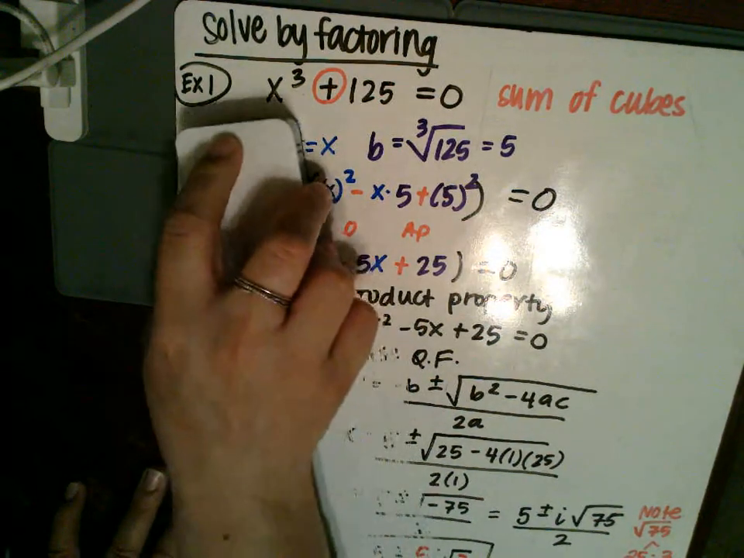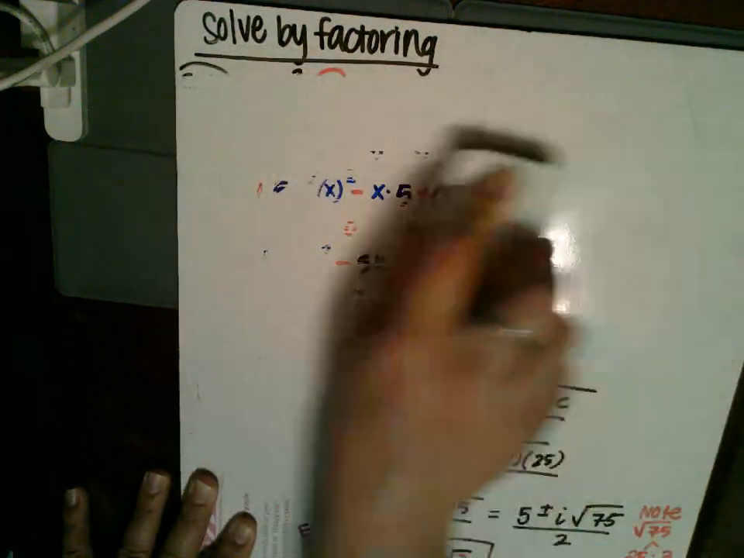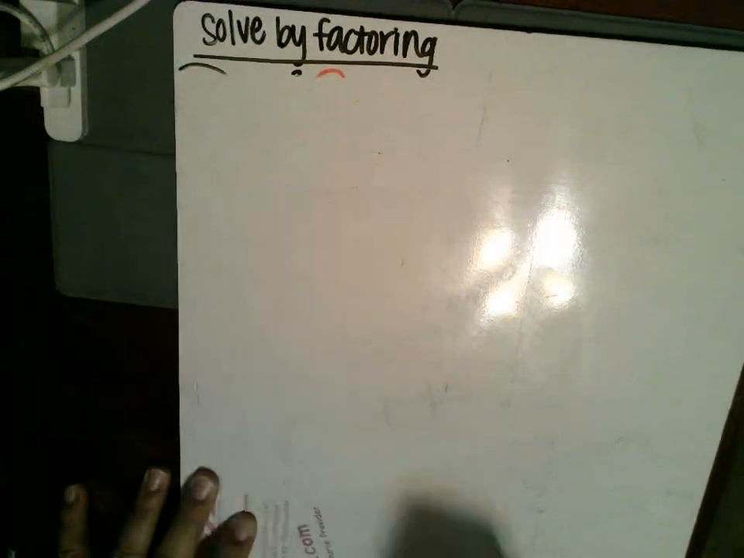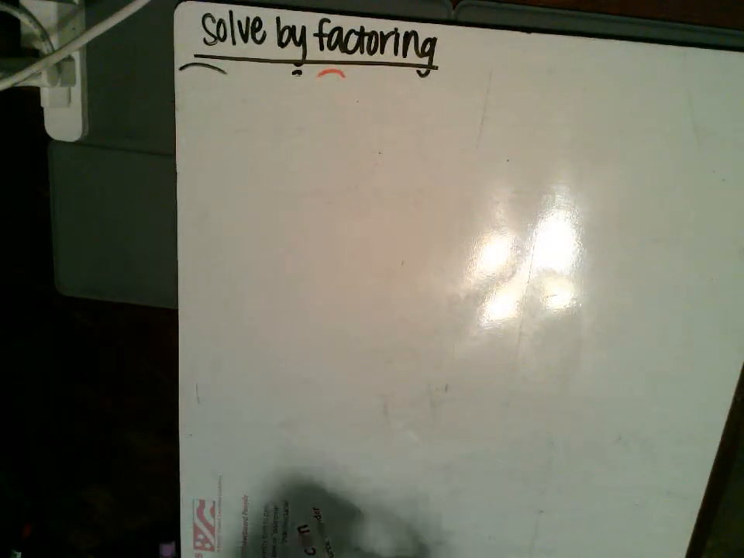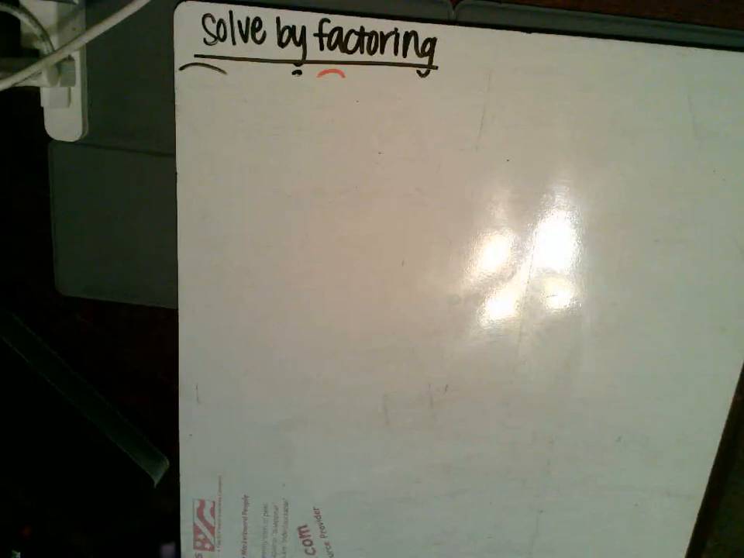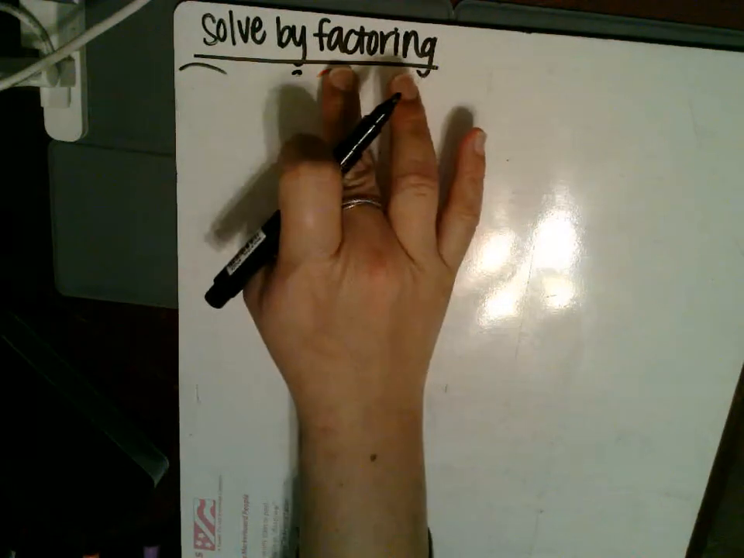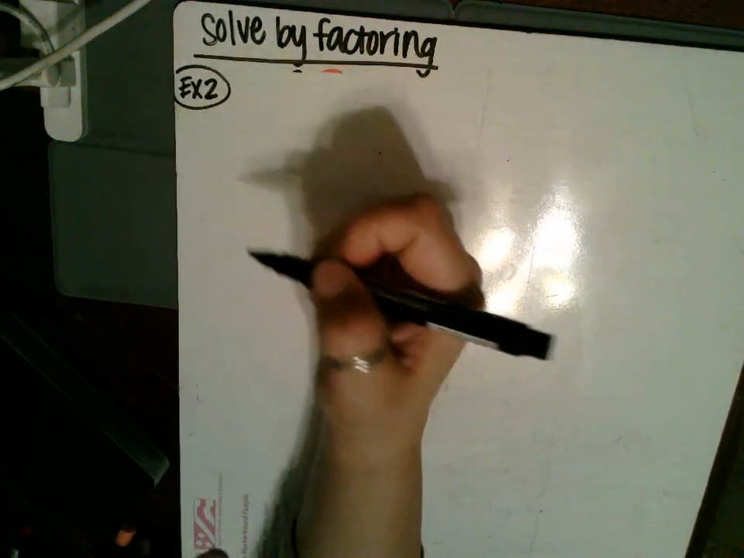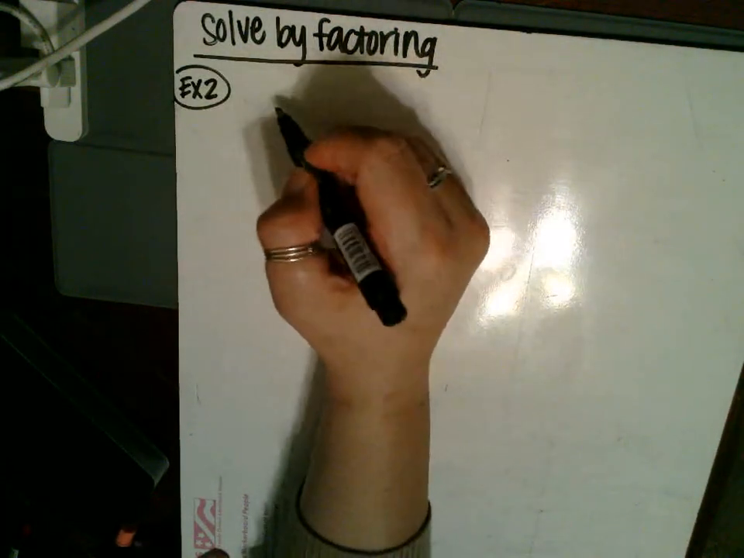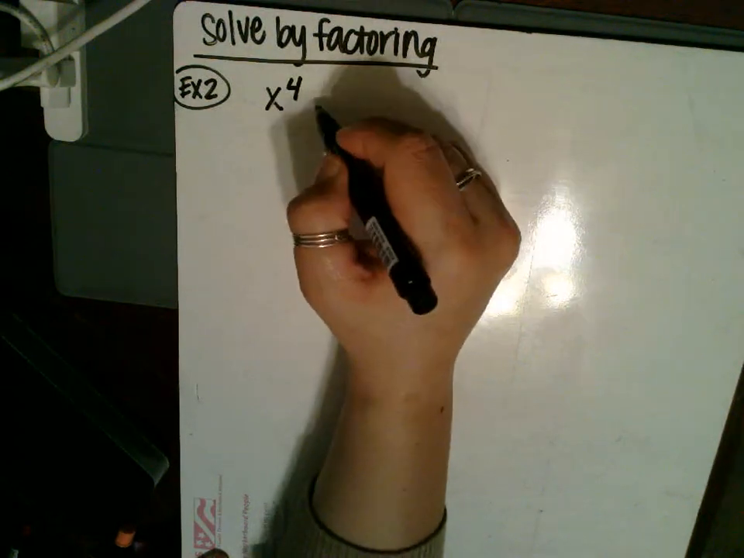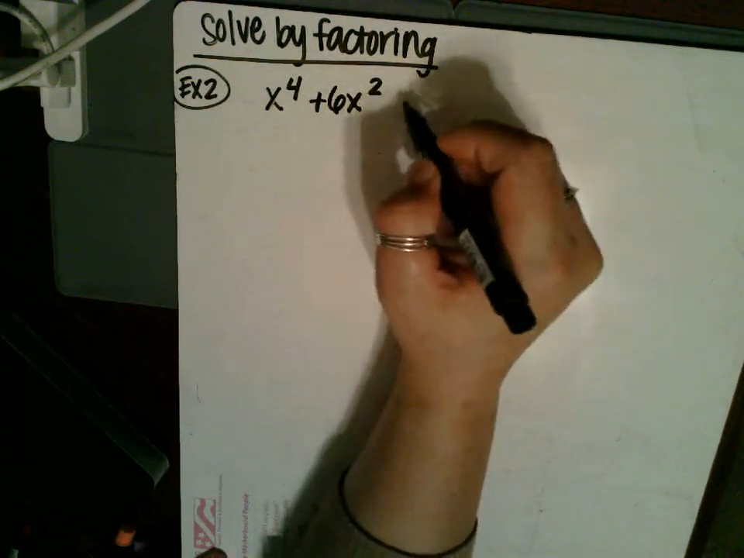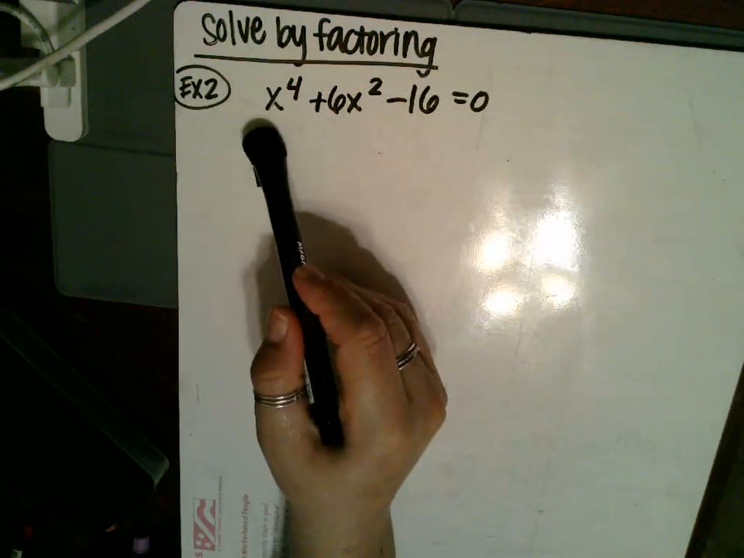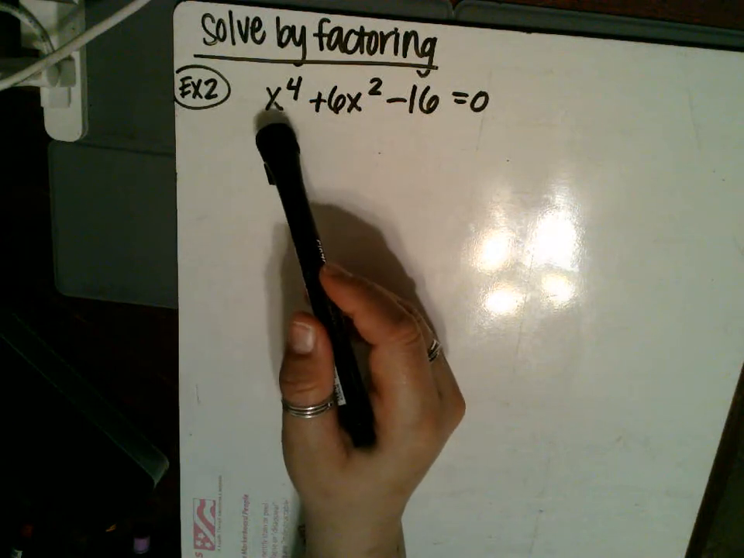values. But it won't necessarily be a sum of cubes, difference of cubes, or difference of squares. I apologize. So example 2 says to solve this by factoring: x to the 4th plus 6x squared minus 16 is equal to 0. And the only difference between this degree 4 polynomial and if it was a degree 2 polynomial